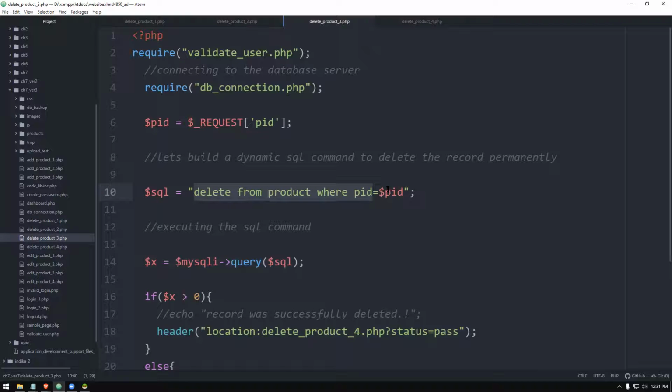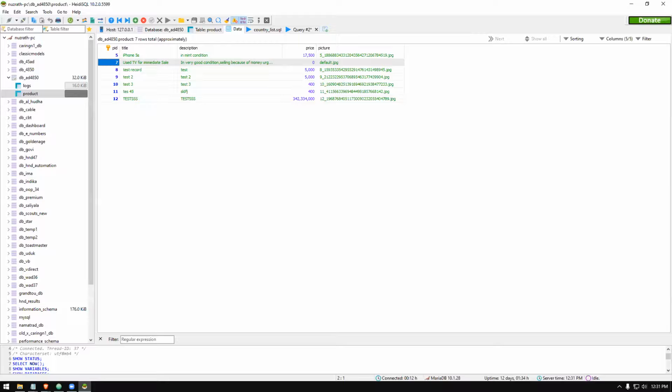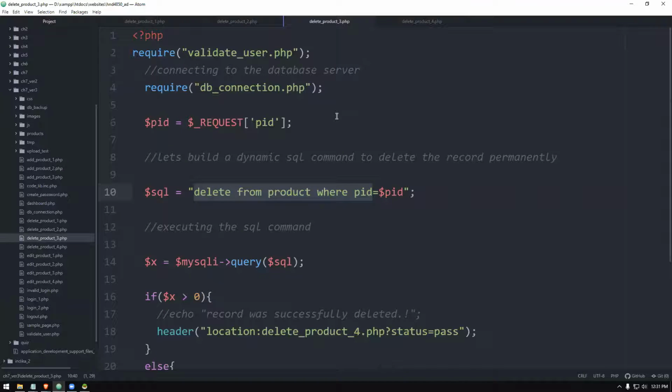We're going to pass in the product ID and delete that record. If you do that, the record number 12 will be permanently erased. After that, there is no way you can get the picture's name, and you can't execute the file deletion command. So in order to do that, I'm going to do something like this.